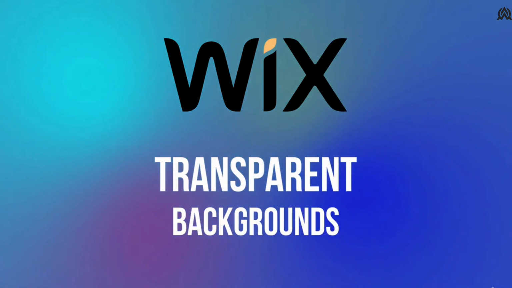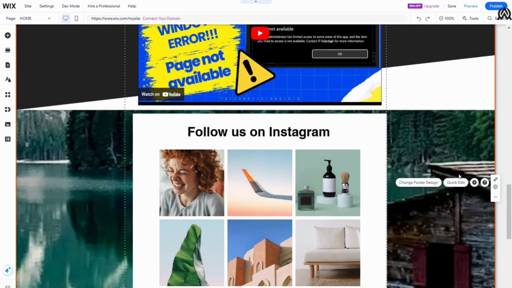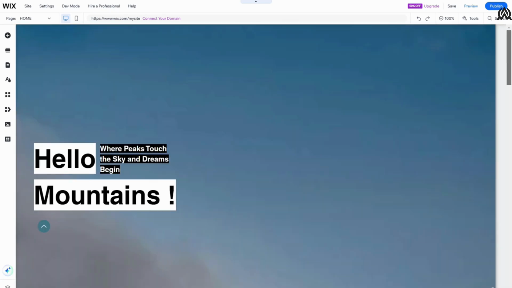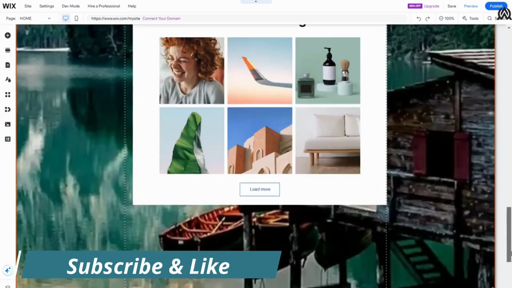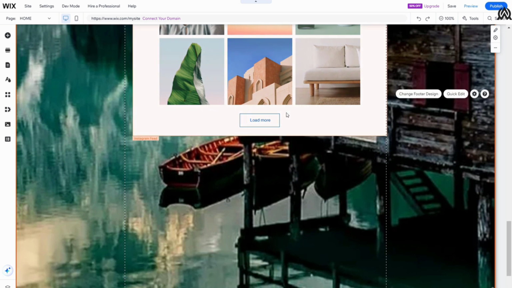All right, guys, so far so good. Now we have added our gallery from the Instagram. Now let's say that before making further adjustments, I want to make this background white. I don't want this particular background to follow through all of the image. So what we can do here, either we can make the changes in the background, or what we can simply